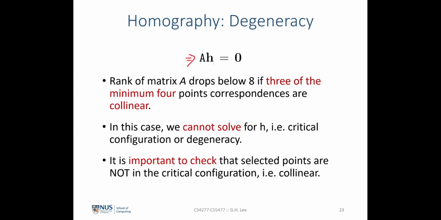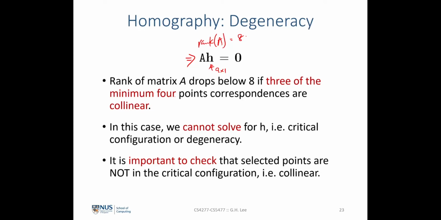So in this case, let's start off with Ah equals 0. Here we know that for a solution in the right null space of A for h to exist, the rank of A must be equal to 8. This is because h here is a 9 by 1 vector with 8 degrees of freedom. Hence, to fulfill this null space equation, the rank of A must be equal to 8. And the rank of A can drop below 8 in the case where